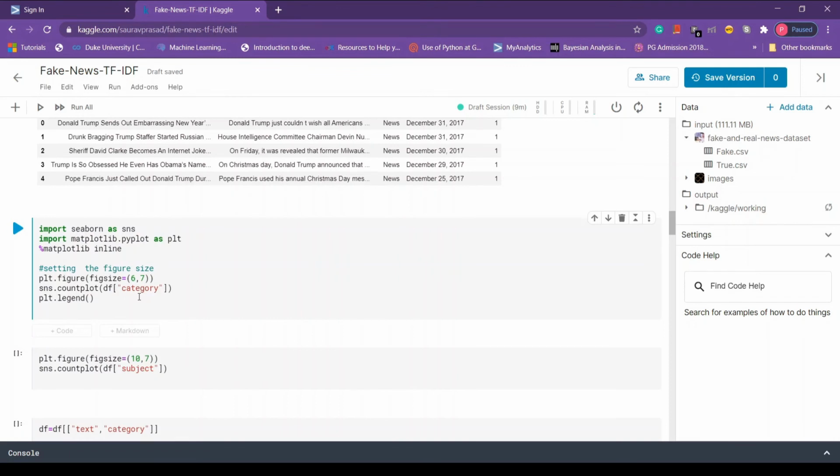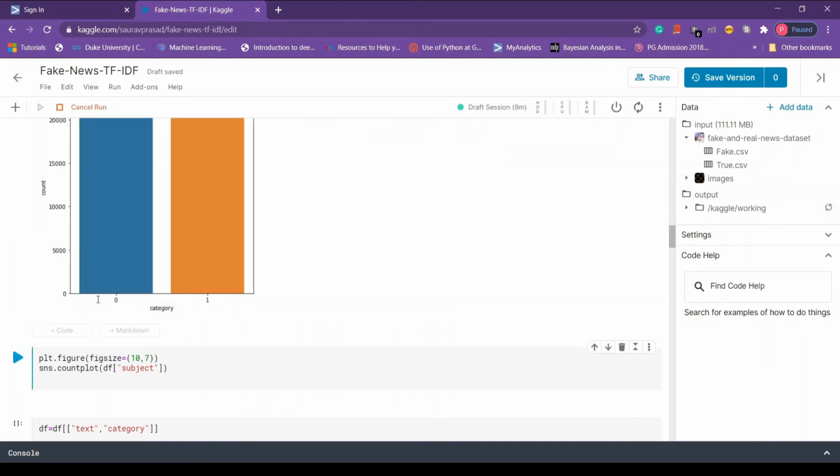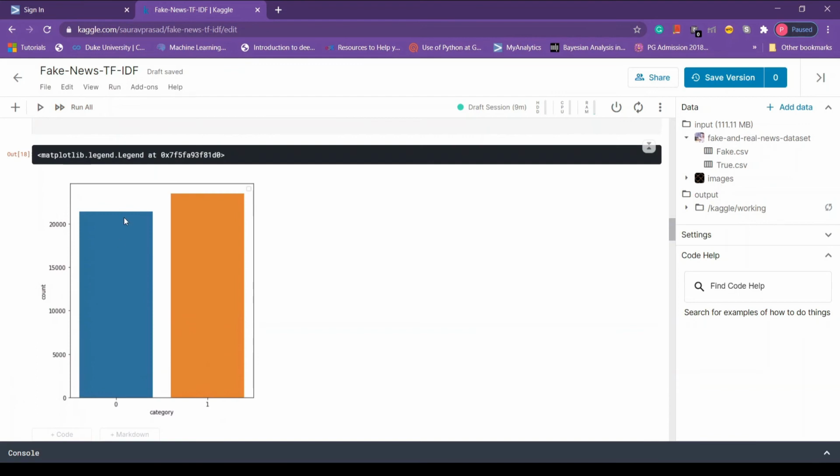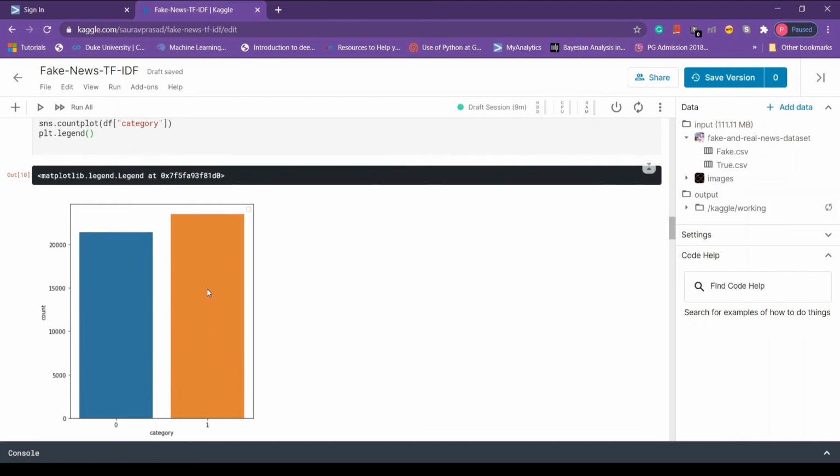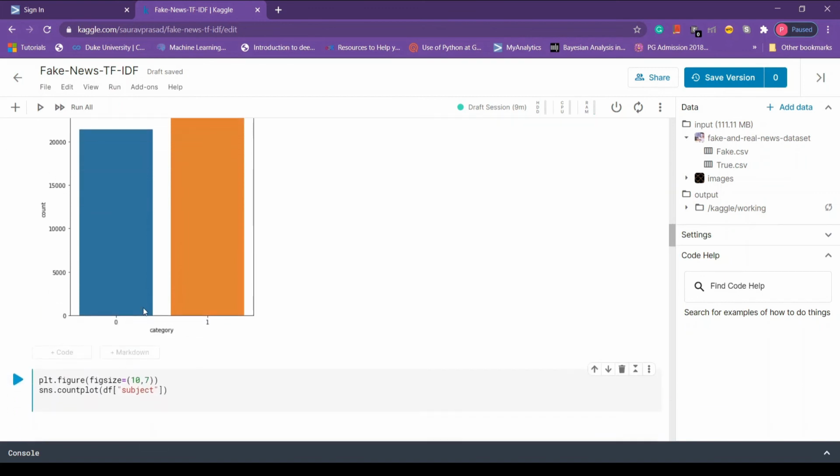I didn't pass any other parameters to keep it simple. If you want to see more of it, I have provided the GitHub link of my notebook in the description. Please do check. So press Shift Enter and we have our plot. Here blue is representing the true news and orange is representing the fake news. And we know that because we labeled true news with 0 and fake news with 1. This plot tells us that the data contains more fake news than true news.